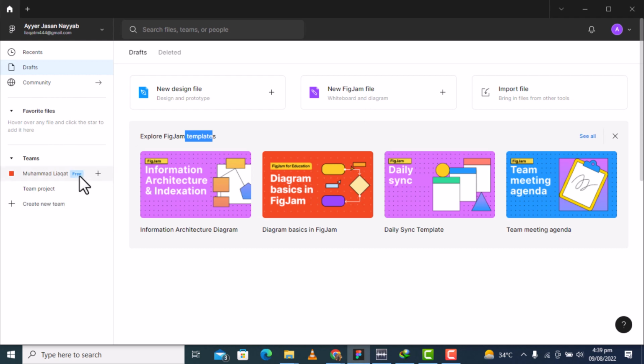So the best option I'm using this time is free. You can see over here